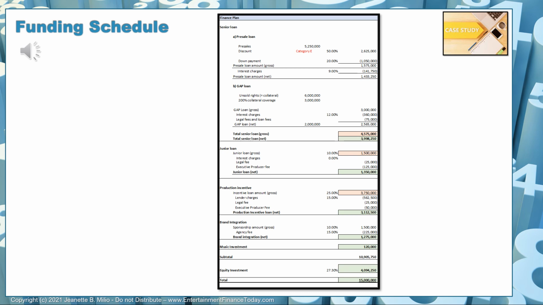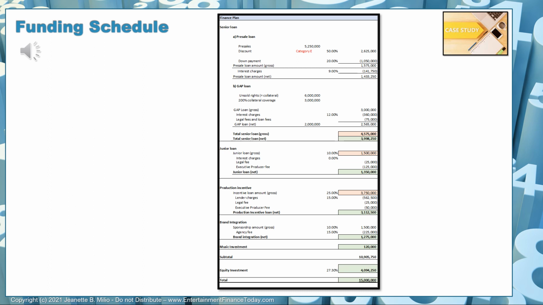The gross gap loan is $3 million, and the net gap loan after interest charges, legal fees and loan fees is $2,565,000. So the loan amount we have to pay back is $4,575,000, which includes all the fees that the bank is charging in interest charges, loan fees, and legal fees. And the amount that we have available to us to cover the portion of the budget is